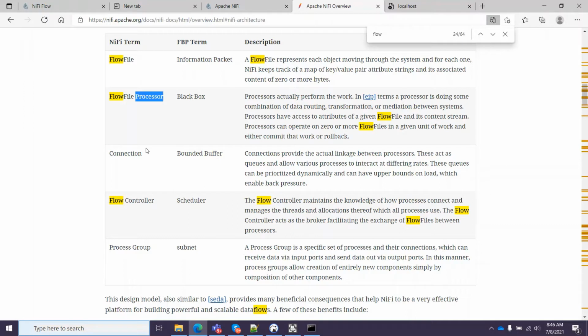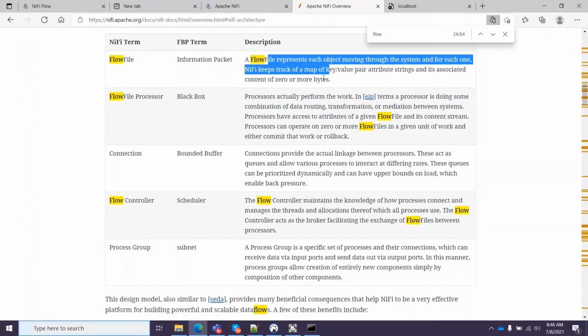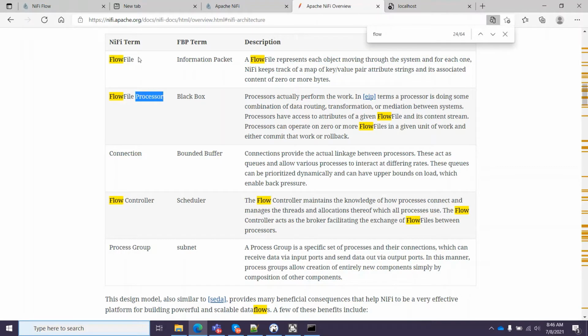By using this, you can create any flow. FlowFile is basically the data which is moving between different processors. It has an attribute and data,